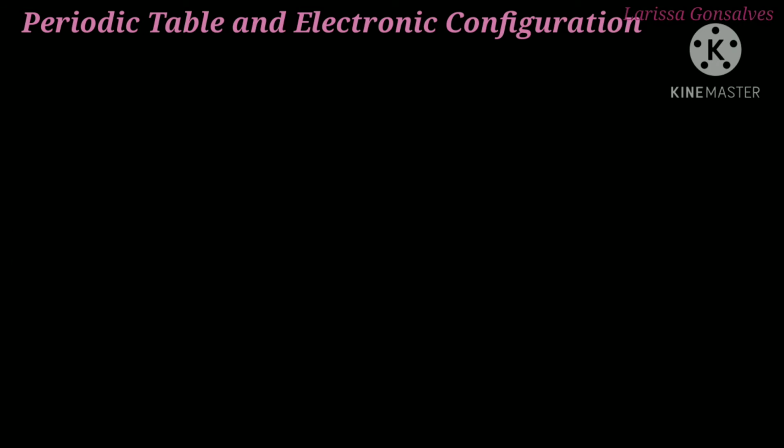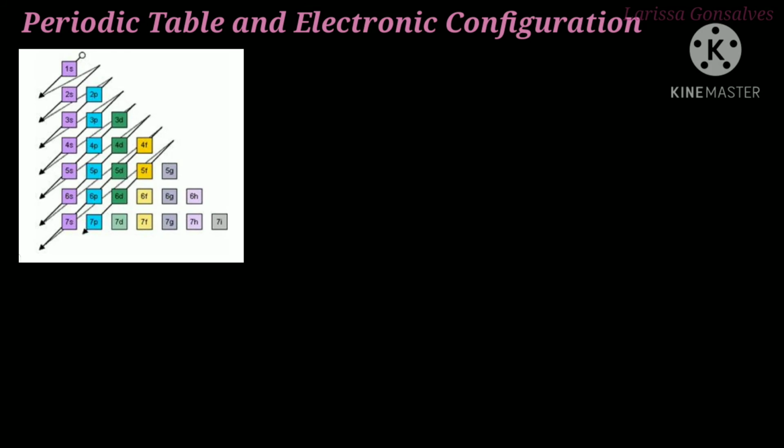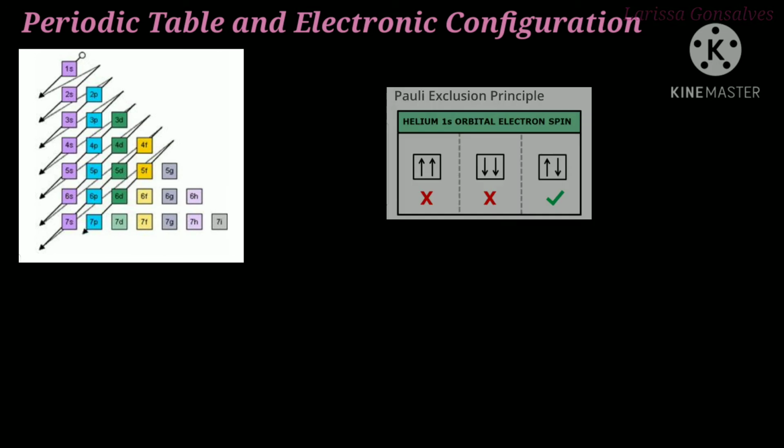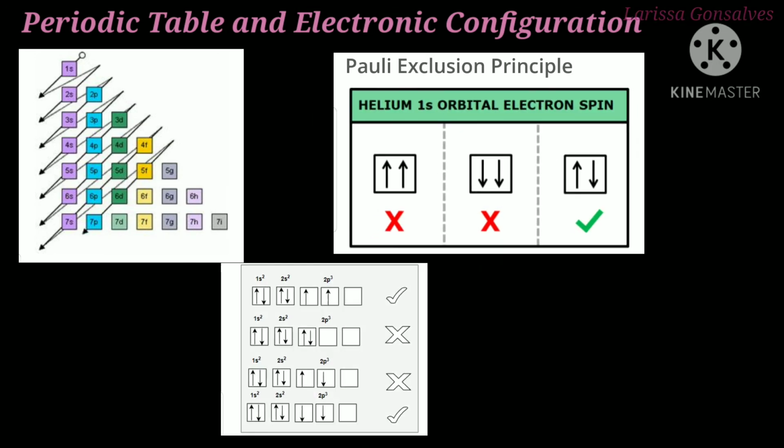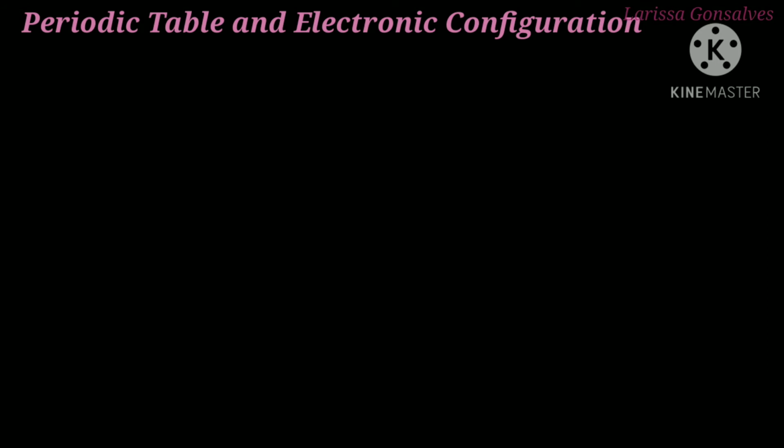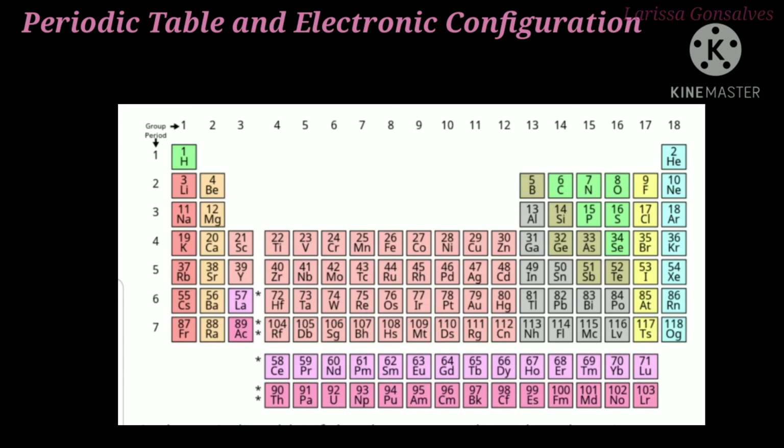configuration. Now, in chapter 4, that is structure of an atom, we have already studied how the electrons in an atom are distributed in shells and subshells in accordance with the Aufbau principle, which includes the increasing order of energy, Pauli's exclusion principle, and Hund's rule of maximum multiplicity. When elements are arranged in an increasing order of atomic number, which is also denoted by capital letter Z, periodicity is observed in their electronic configuration, and this is reflected in the characteristic structure of the modern periodic table.